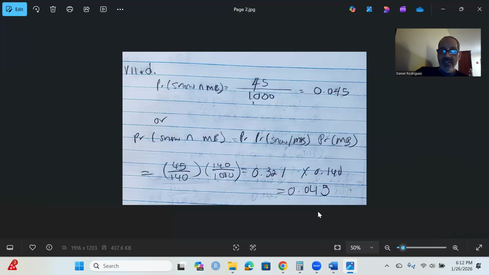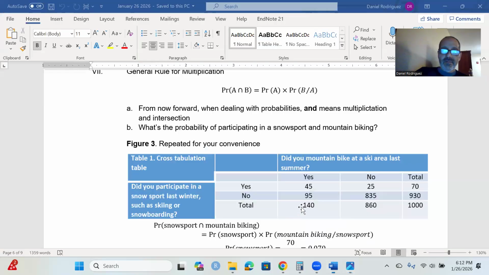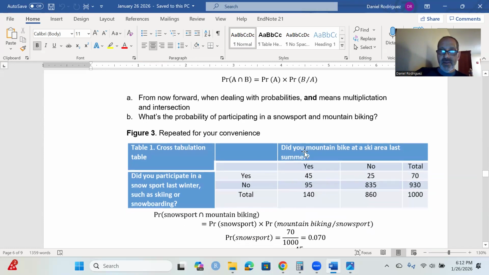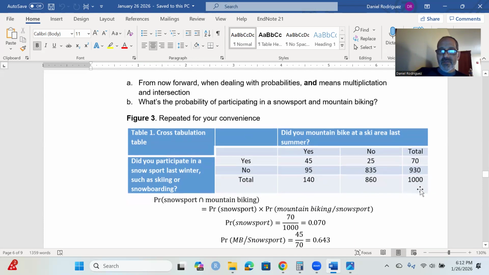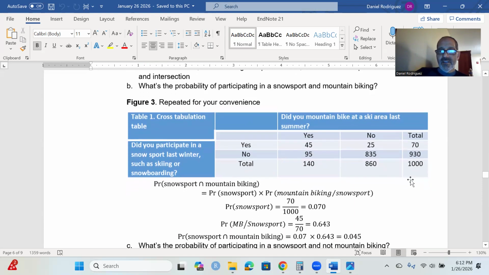But let me show you in a table. If I wanted to know the probability of participating in a snow sport and mountain biking, it would be the intersection of the two. So did you mountain bike? Yes. Did you participate in a snow sport? Yes. So they intersect at 45. So 45 out of 1,000 people did both. So my answer would be 45 divided by 1,000 or 0.045. Okay,